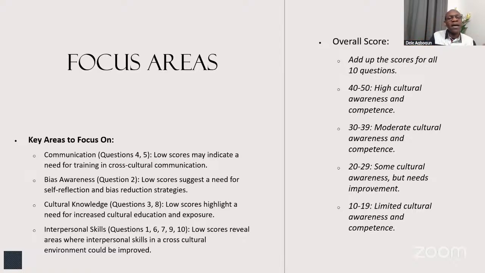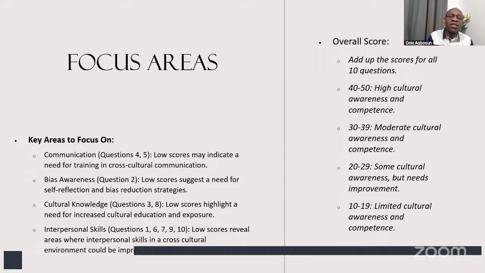So it's about bias. Then, for statements 3 and 8, this is about cultural knowledge. Low scores highlight a need for increased cultural education and exposure. Now, for interpersonal skills, statements 1, 6, 7, 9, and 10 are actually focused on that. So low scores in these particular statements reveal areas where interpersonal skills in a cross-cultural environment could